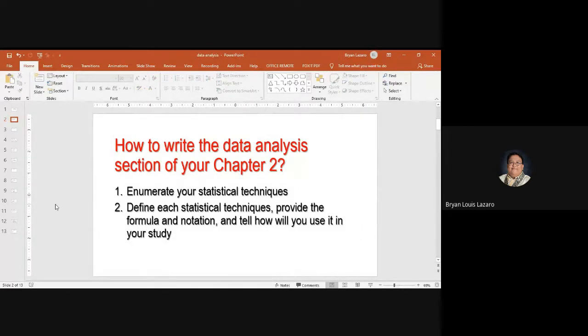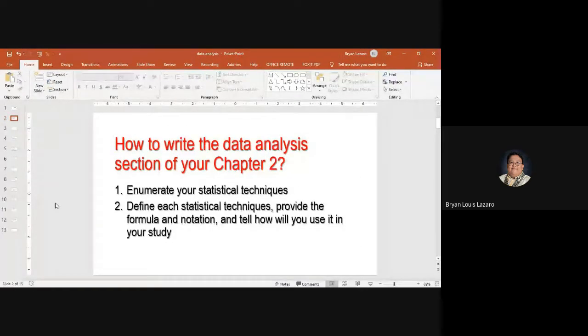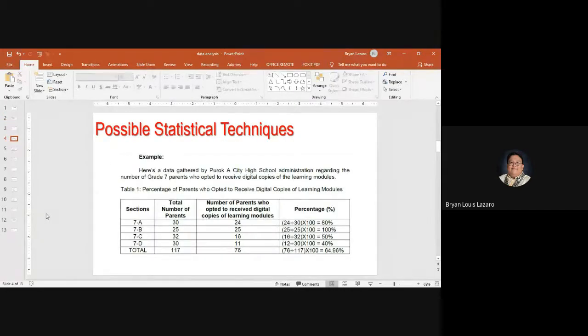Alright? So, isa-isahin natin yung mga statistical techniques na pwede nyo gamitin sa research ninyo. So, ito ay napag-aralan nyo na sa statistics and probability and your statistics during grade 9 and 10. So, I'm no longer worried of you encountering it the first time. So, I'm sure na encounter nyo ito before. So, the first thing is the